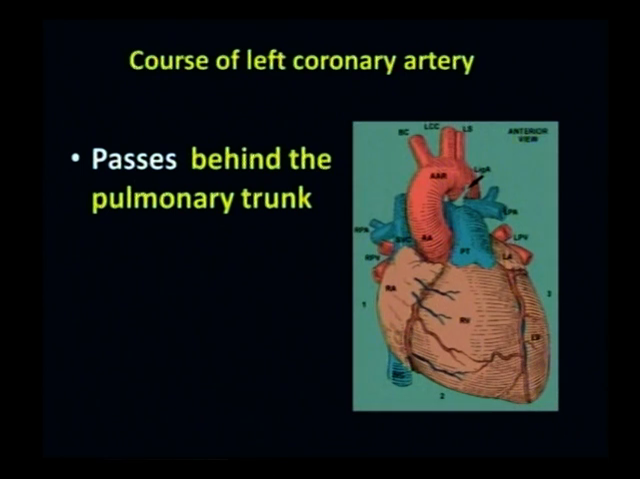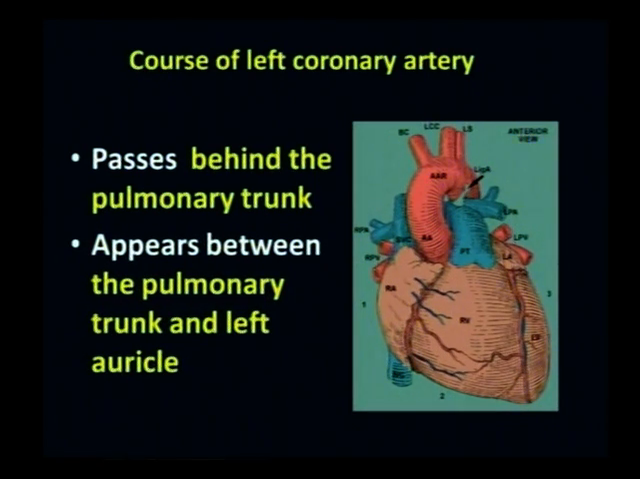Course of the left coronary artery taking origin from the left posterior sinus. You have to understand in this picture, if it takes origin from the left posterior sinus, it will pass behind the pulmonary trunk. You see in this how it passes behind the pulmonary trunk, the dotted lines represent the course behind the pulmonary trunk, and appears between the pulmonary trunk and the left auricle. That is how